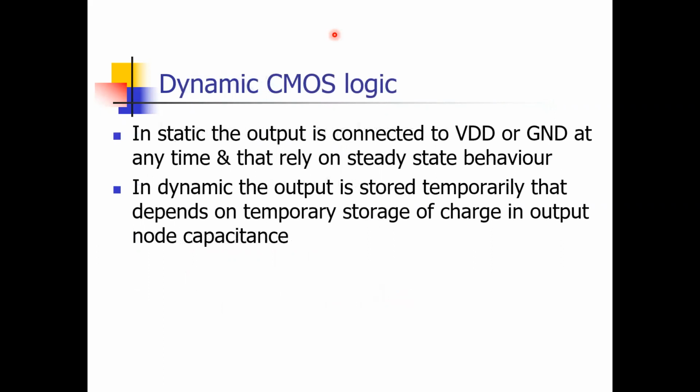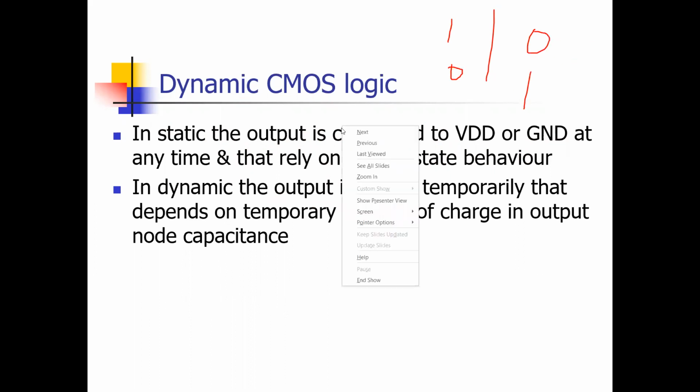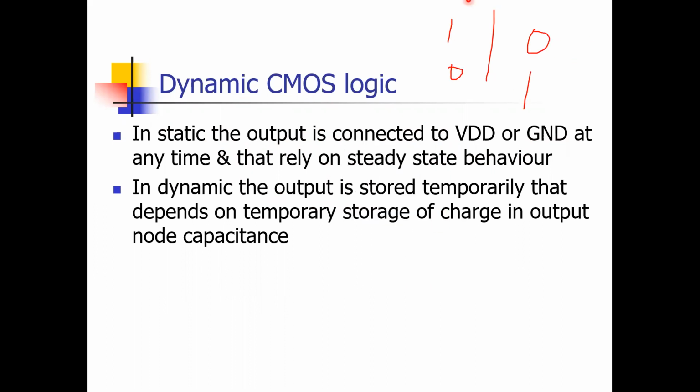So first of all, we have learned static CMOS logic. Now, what is dynamic CMOS logic? If you remember the circuit of static CMOS logic, the output is either connected to supply or connected to ground. Means output is either 1 or 0, depends on the input. If you learn the CMOS inverter characteristic, if input is 1, then output is 0. If input is 0, output is 1. And output is static, that is fixed, depends on the condition of the input. Until and unless the input is switching, the output will not change. That was the concept of static CMOS logic.